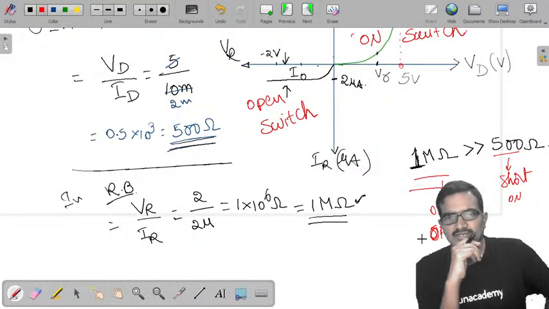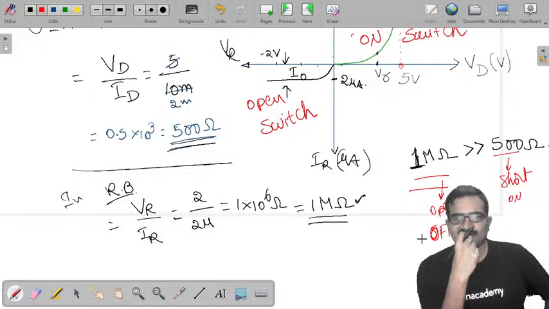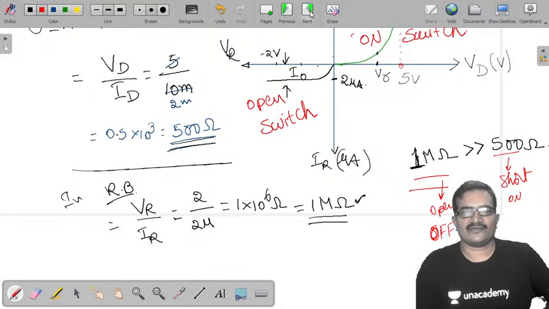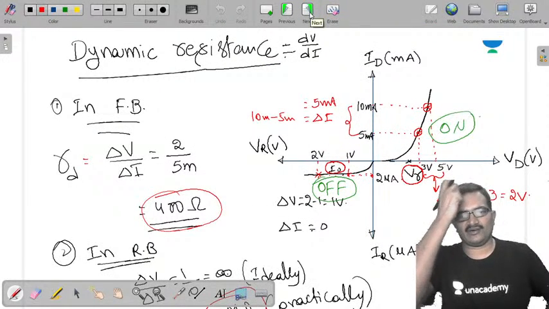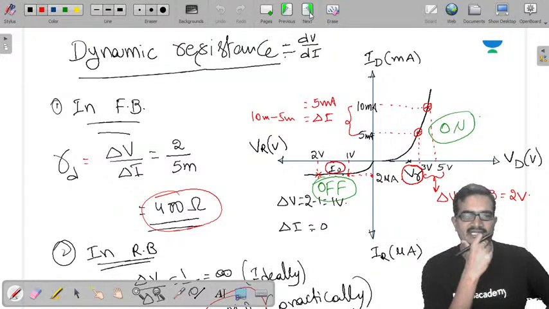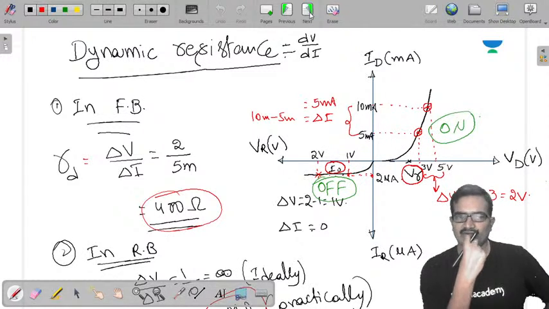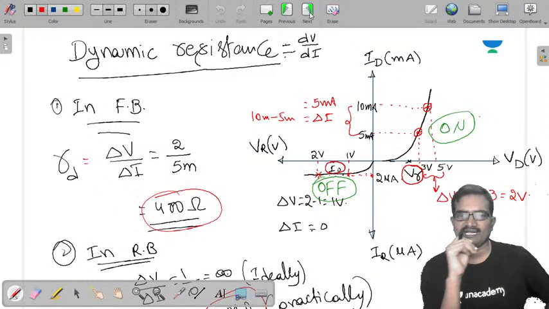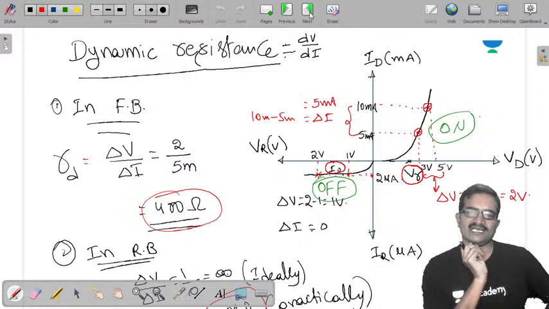So finally we concluded that in forward bias the diode behaves like an on switch, and in reverse bias it behaves like an off switch. Next, similarly, we take the dynamic resistance. Now we take two points on that plot instead of one point. From that we get delta V and delta I, and both points are substituted in delta V by delta I. Now we got 400 ohms in forward bias, and in reverse bias we got mega ohms. Ideally we get 0 and infinity. Ideally it is infinity, but practically you get the order of mega ohms. So mega ohms is a very high value compared to ohms. So in reverse bias it acts as an off switch and in forward bias it acts as an on switch.